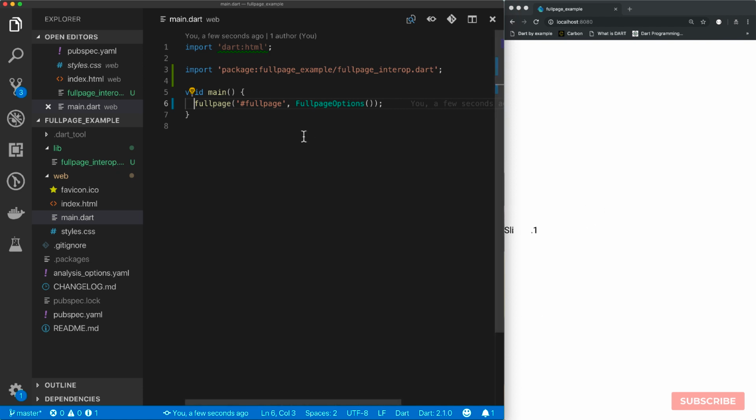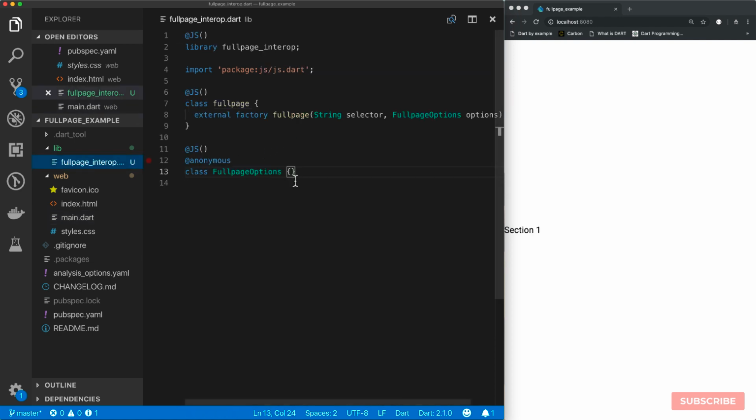Okay, so let's populate our options. So our full page options would take in an external factory constructor, so called full page options,